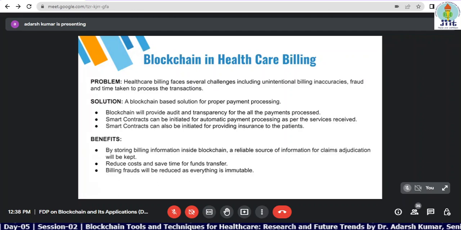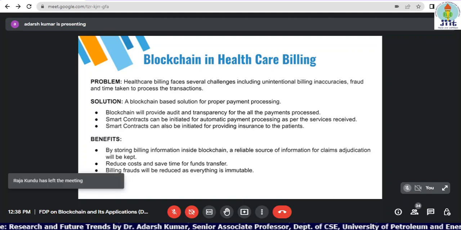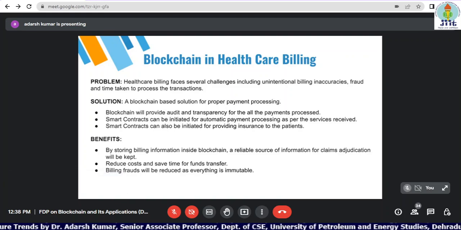Blockchain will provide audit transparency. Audit bodies are there in every organization, for every activity. Like in universities, NAAC and NBA keep on visiting, and they keep on checking your records. If those records are checked with more accuracy and more transparency, then they will have more trust. Presently, people have the least trust in auditing bodies, but with the passage of time, with digitization, with more trustworthy records, we'll have more trust in the system.